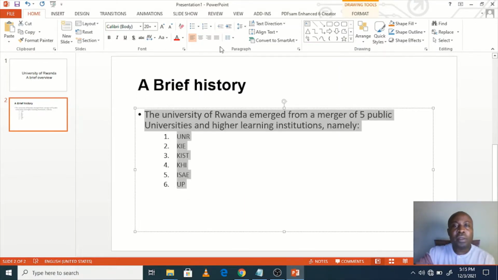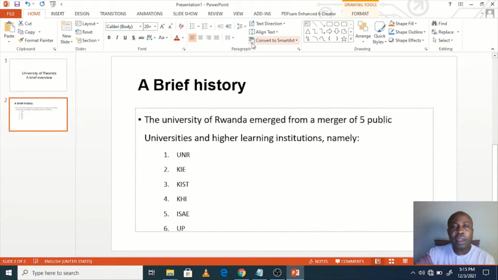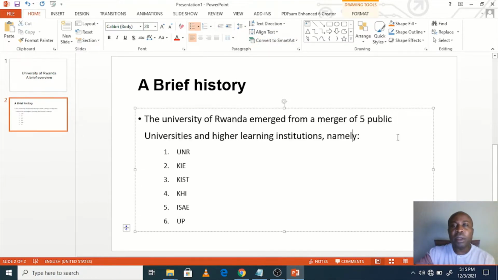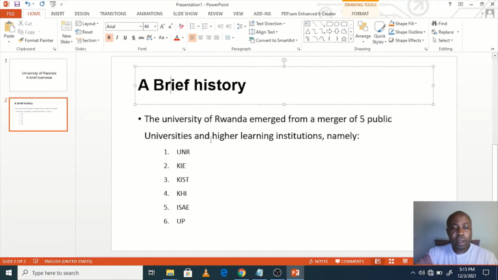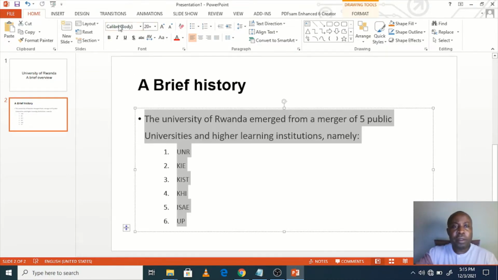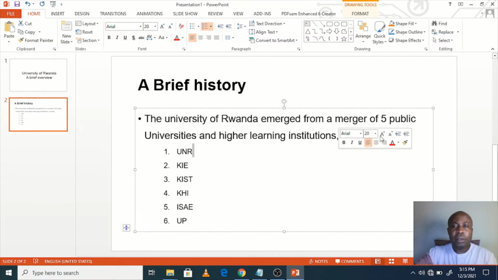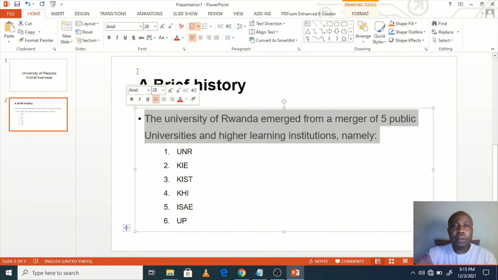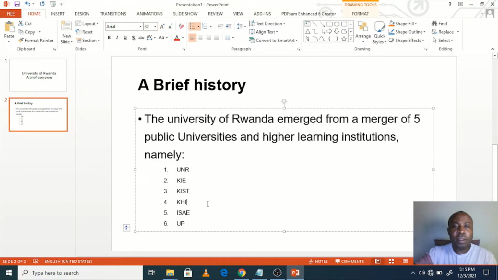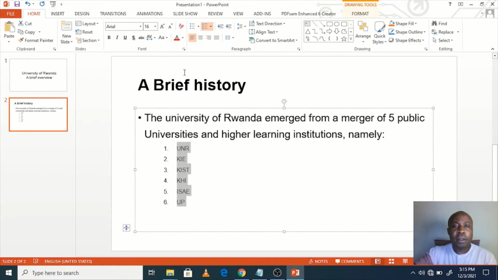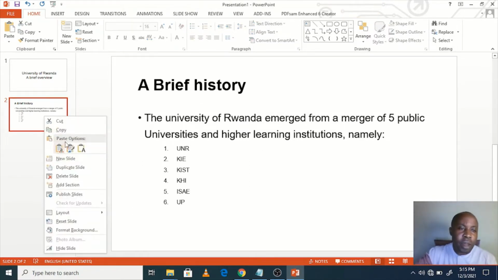So we can even increase the line spacing. We make it 1.5. Still, we are to use Arial. The text here can be increased in size. These ones also can be increased in size, like this. Now we can duplicate